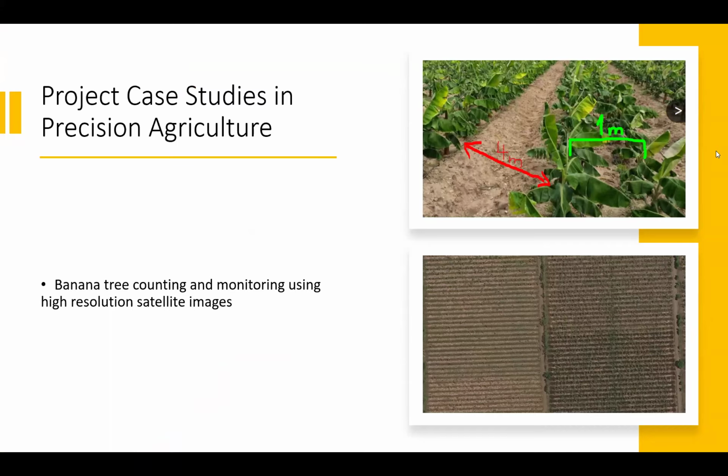This was done in Nicaragua. If you look at the slide, I've got two pictures. The top picture, right hand side, was the only information provided by the client. He has a banana plantation and he just gave the plant to plant distance and row to row distance,